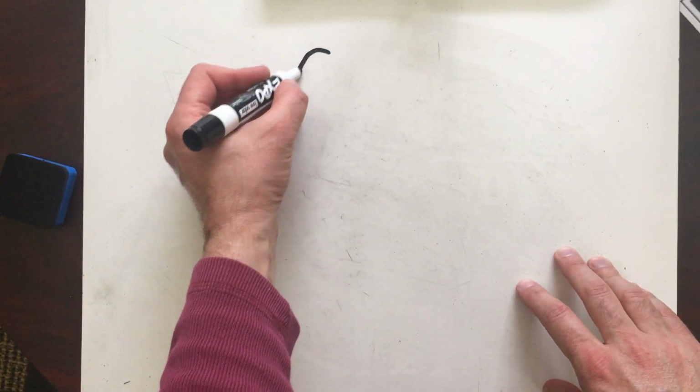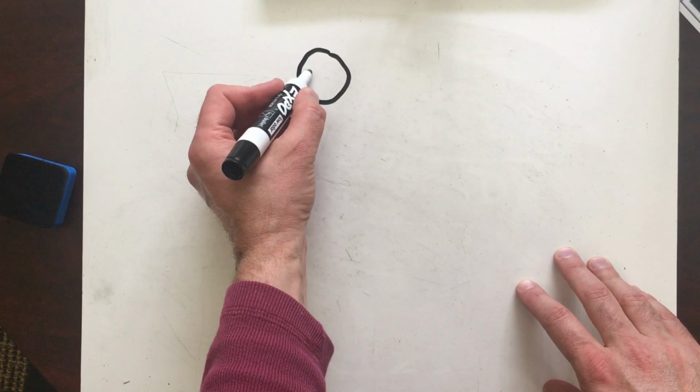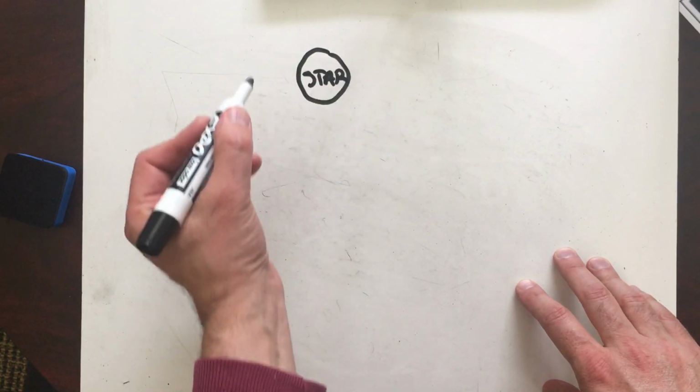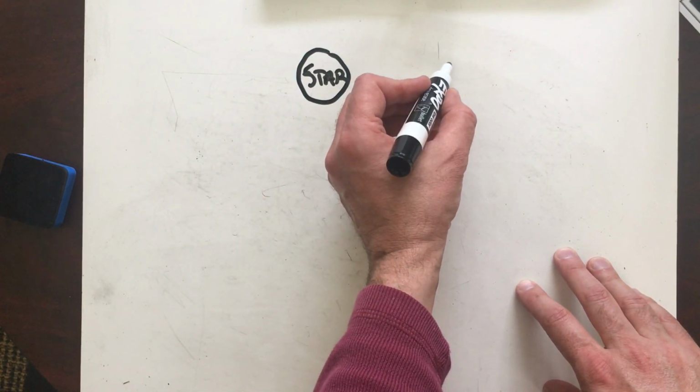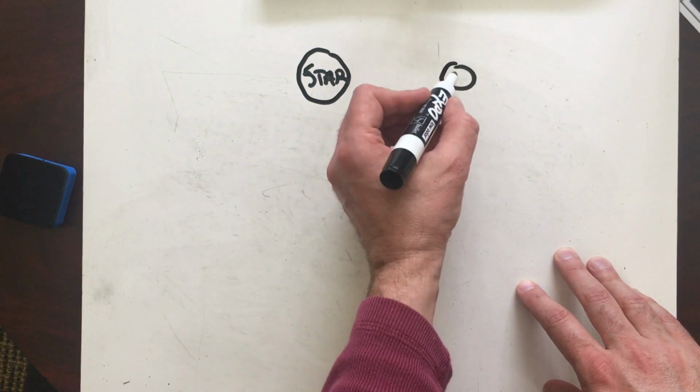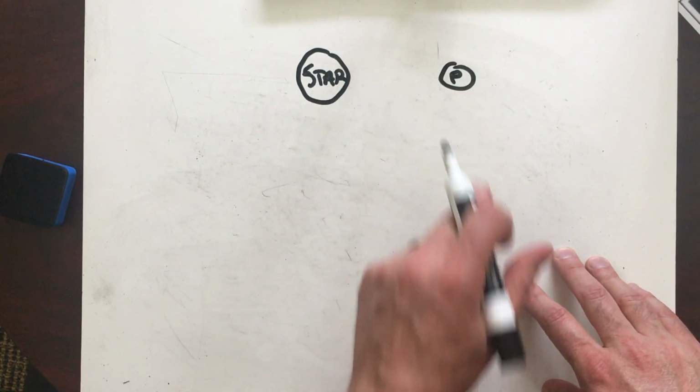What kind of equipment do we need? How big a telescope specifically are we going to need if we want to take pictures of these planets? And of course, what you have to be able to do is separate them from the star that they are orbiting. So here's how this works. Up here, we've got our star. There's our star. And we've got the planet, I'll just put P for planet,